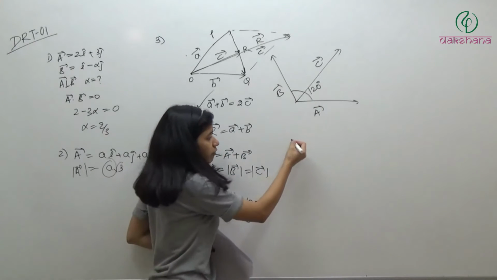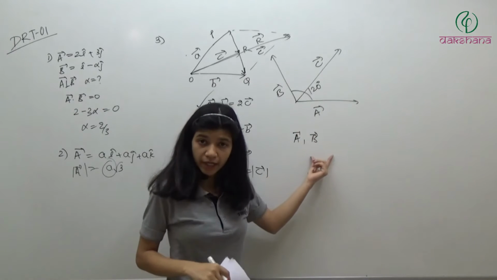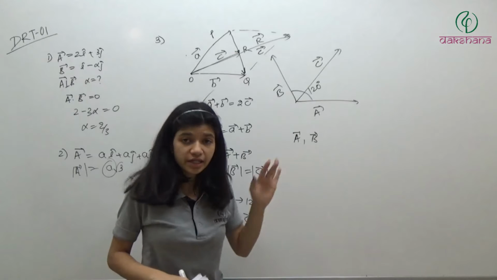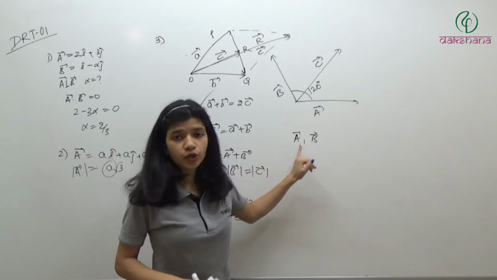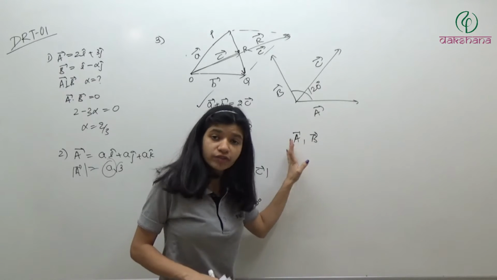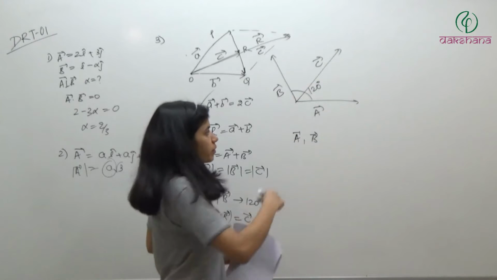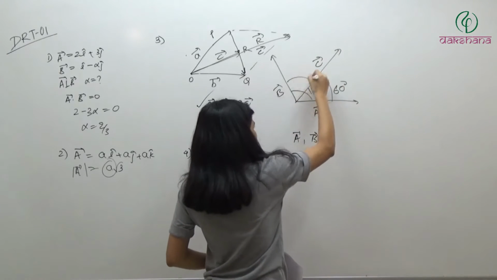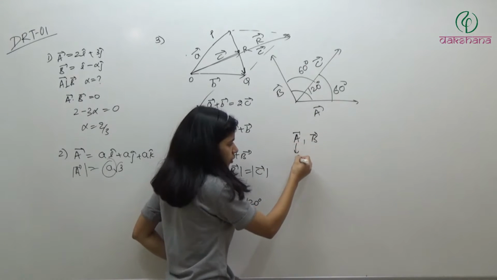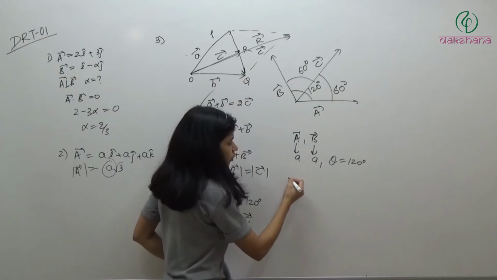Okay. If you have vector A and vector B which have equal magnitude and a 120-degree angle between them, then their resultant will be equal to the individual magnitude. The resultant vector will have magnitude equal to the magnitude of these individual vectors, and it will bisect the angle between them. So it means it will make 60 degrees with this and 60 degrees with this. Definitely you can verify it. Let's say the first has magnitude A, the second one also has magnitude A, and the angle between them is 120 degrees. Then what will be the resultant?